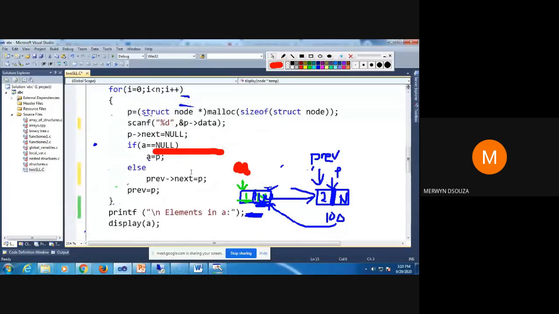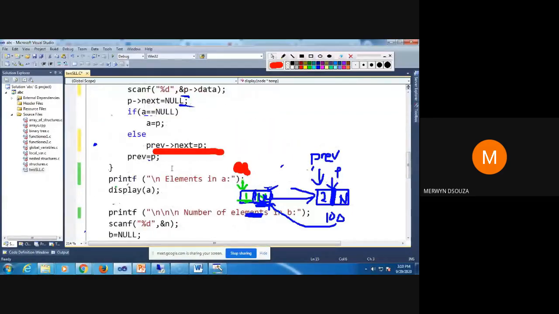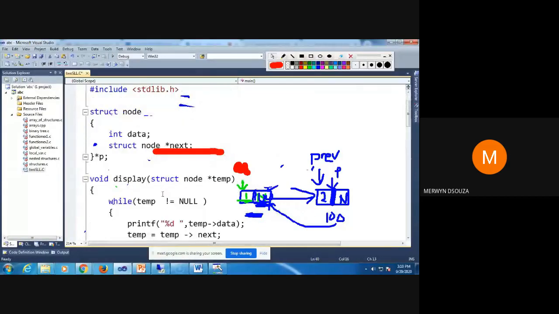From my main function, I'm passing this value of A, the pointer to the first node. So this A goes to temp.